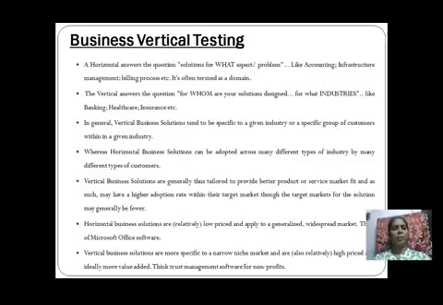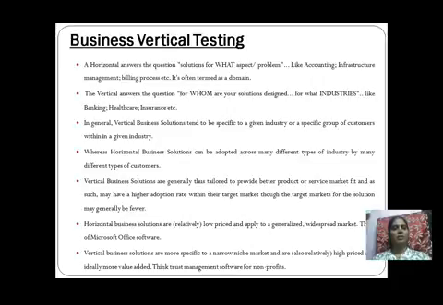What is happening, why it is happening, where it is happening, why it should be like this. These are the questions which are generated when we are developing an application. They may be generated in accounting, in infrastructure management, in billing processes. So according to that, we need to consider business vertical testing also, which is one part of our functional testing.